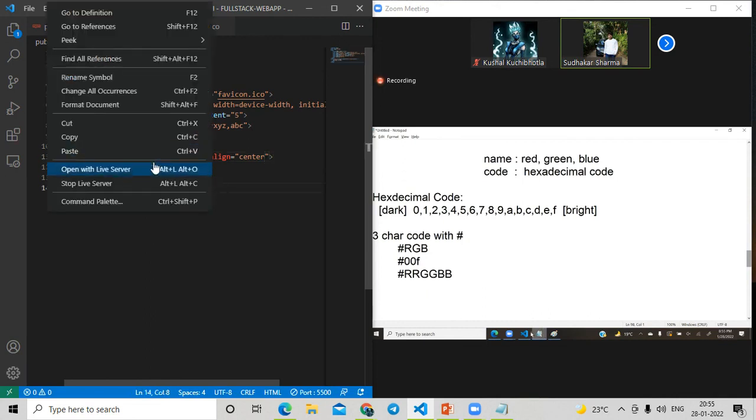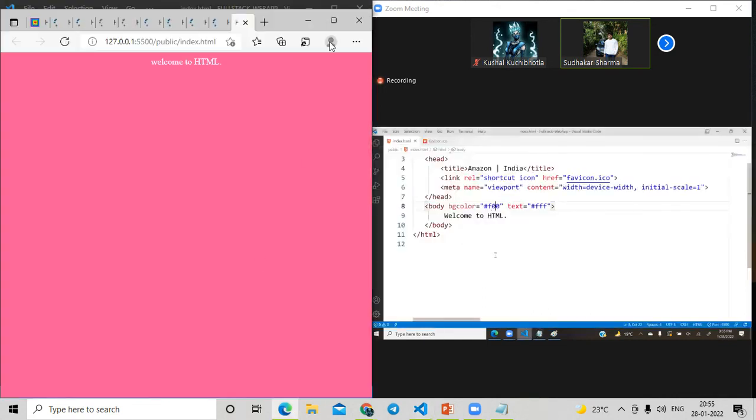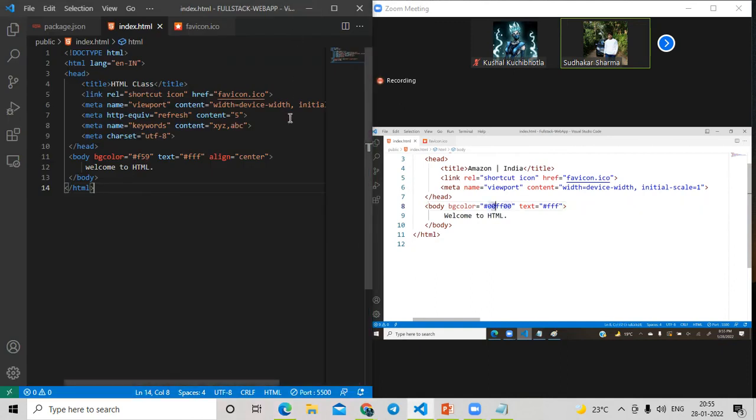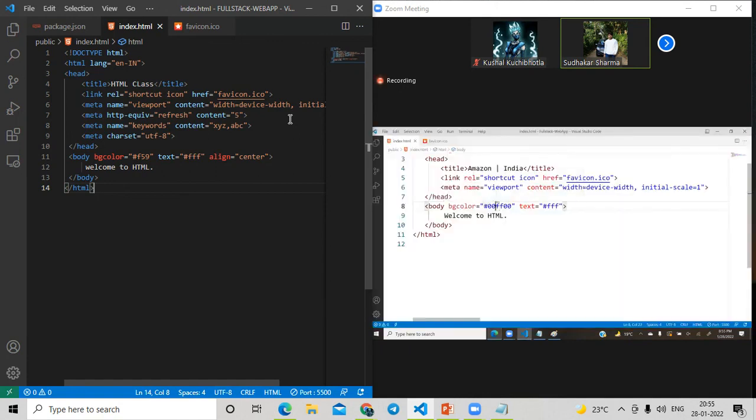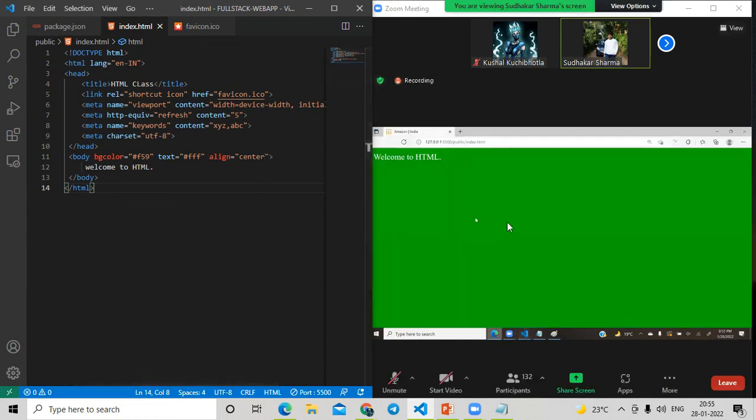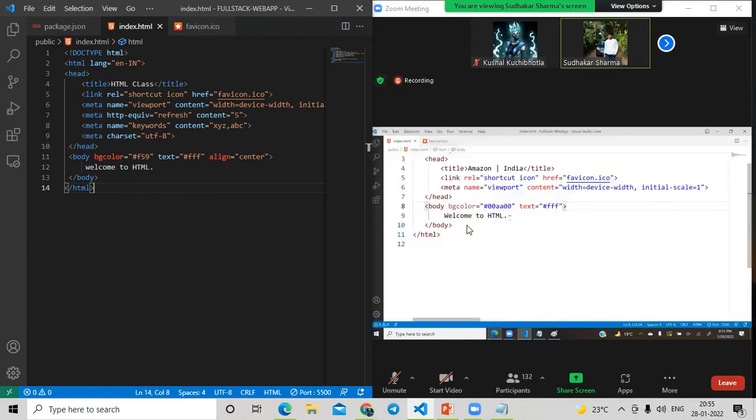That is just combination. For example, you see now 6 code means how to apply FF, so I will simply put 00 FF 00. This is which color? Green color, because first is red, second one is green, third one is blue. That means it will be in green color. So now I am decreasing the green shade. I will give it as AA. AA. That means the green will be darker. Right? We can make that darker. And we can mix with combinations.